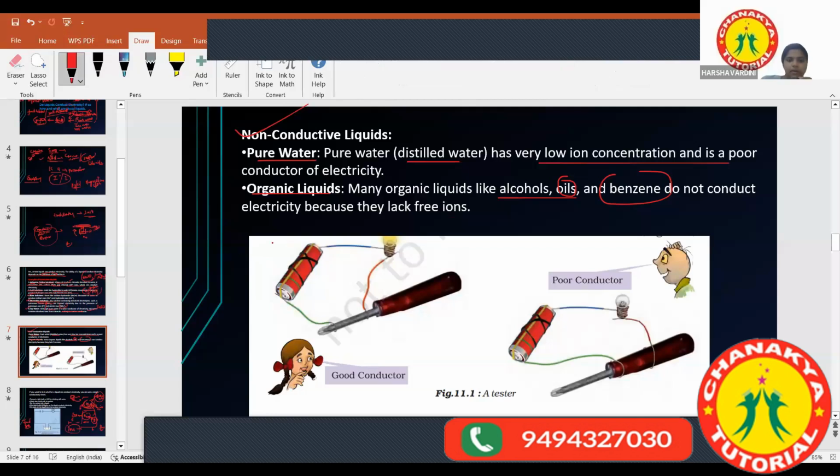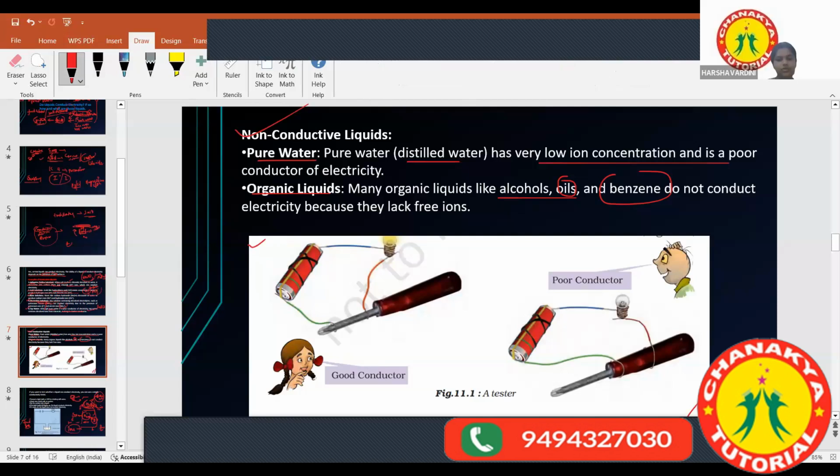So this is a simple experiment. Can anybody tell me what this experiment is telling? Ma'am, it shows how the bulb conducts electricity with metals. In the first one, we can see that the circuit is connected with the iron, ma'am. So the circuit is complete. And in the second one, it's connected with plastic, ma'am. So the circuit is not complete.